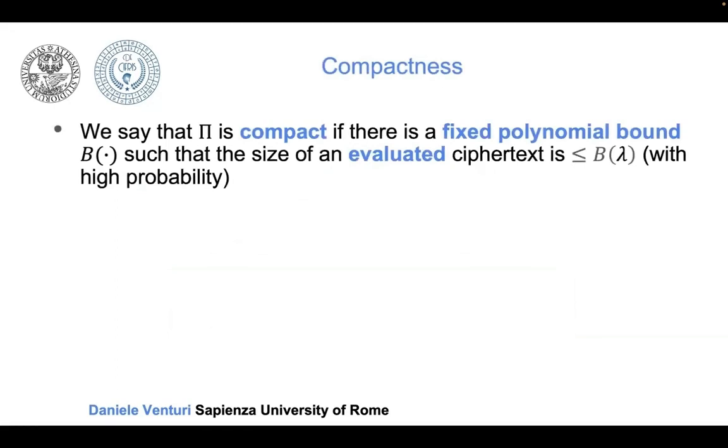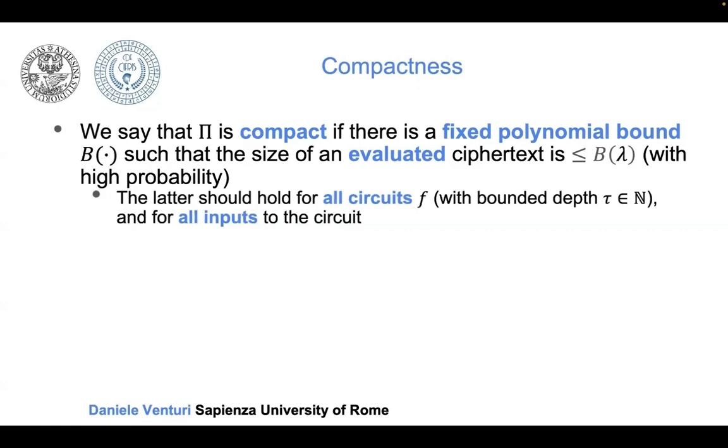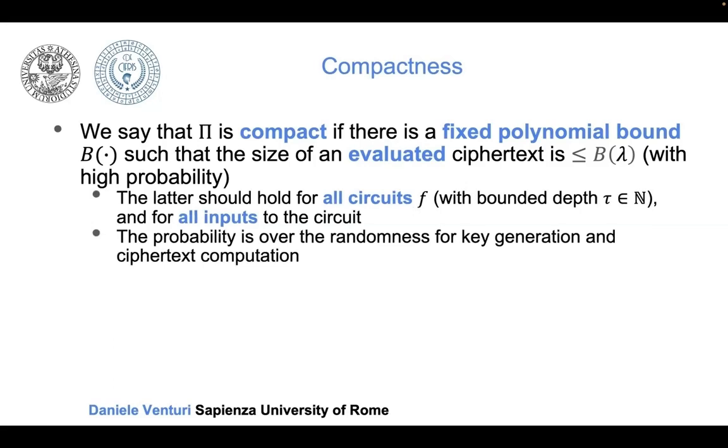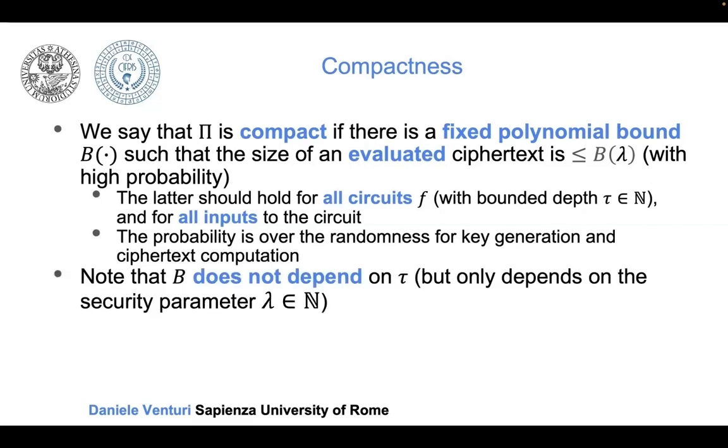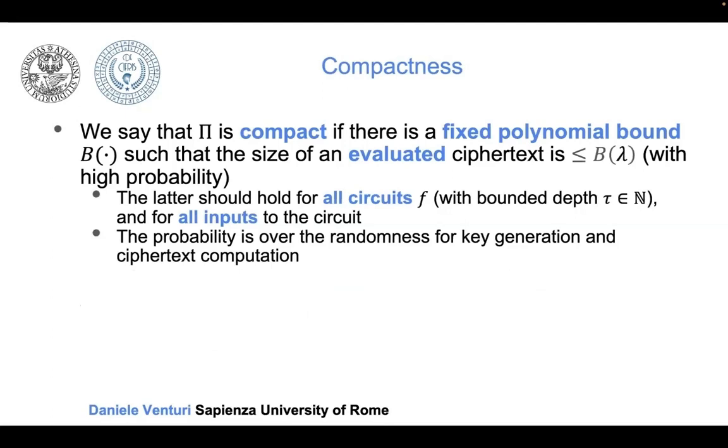One alternative way to say it is to require that the dimension of the ciphertext should be compact. There exists a fixed polynomial bound B of lambda such that the size of the ciphertext is at most B of lambda with high probability. This should be true for all circuits F, maybe with bounded depth tau if you want just leveled homomorphic, and for all inputs to the circuit. The probability is over the randomness for generating the key and over the computation of the ciphertext. This completely rules out the previous example,